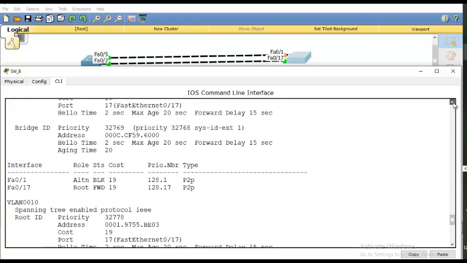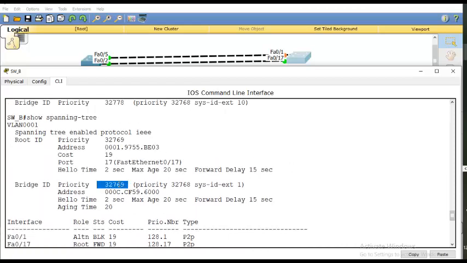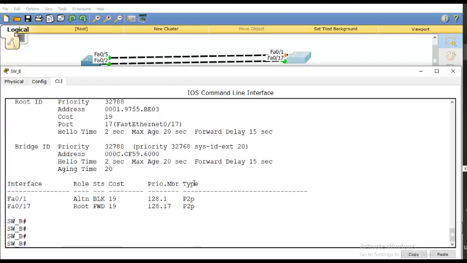For VLAN 1, it is going to be 32769 because the system extension ID is 1. So it's always the VLAN ID added to the priority. Now, I can make switch B the root switch for any one of these VLANs or all of the VLANs. Let's see how to make it the root only for